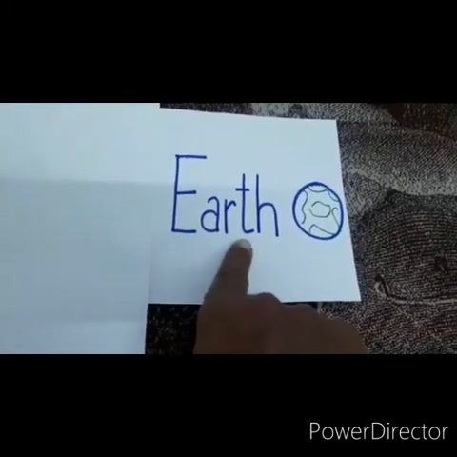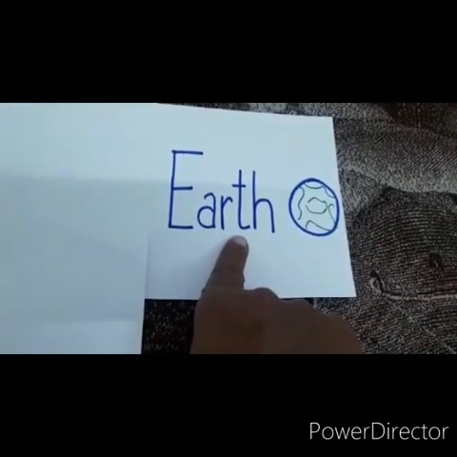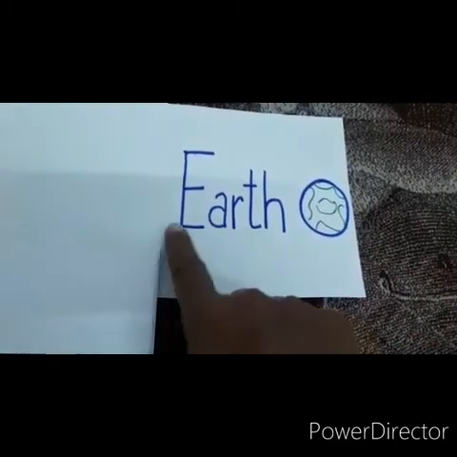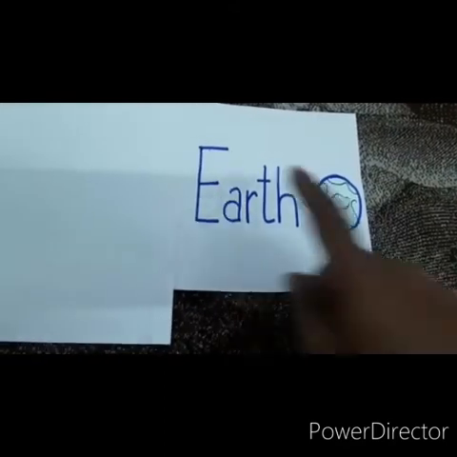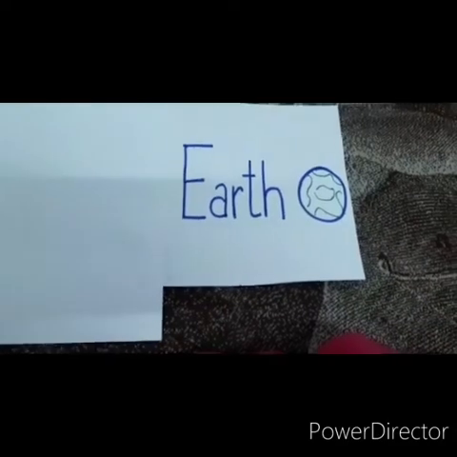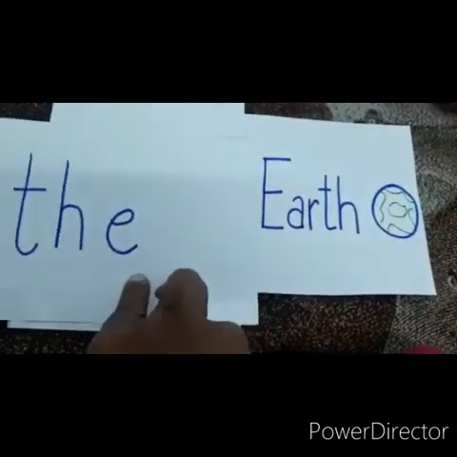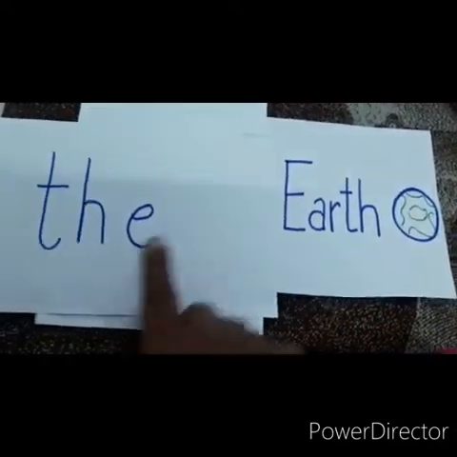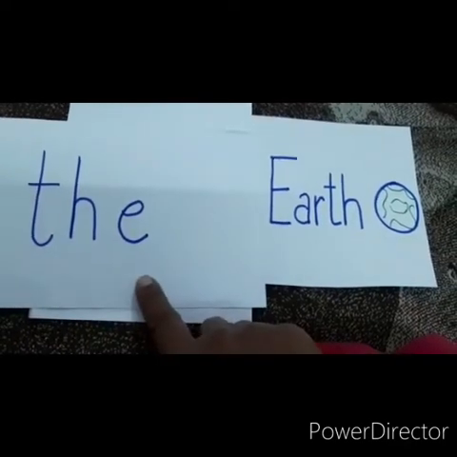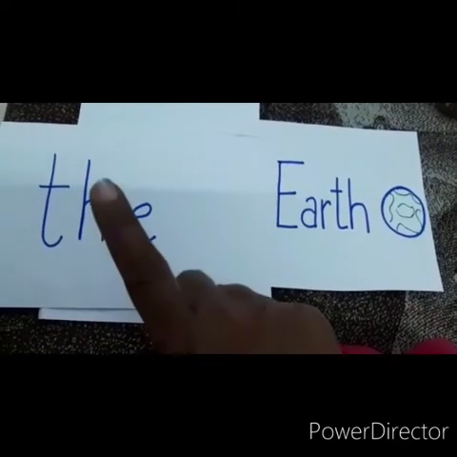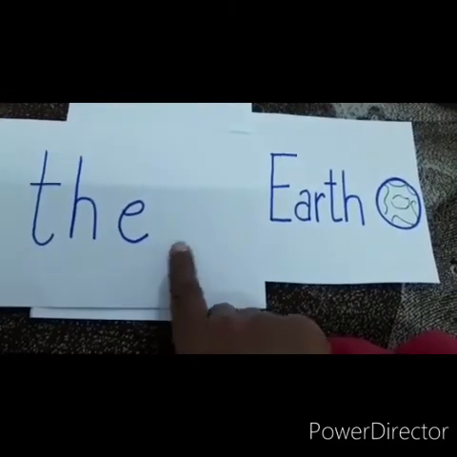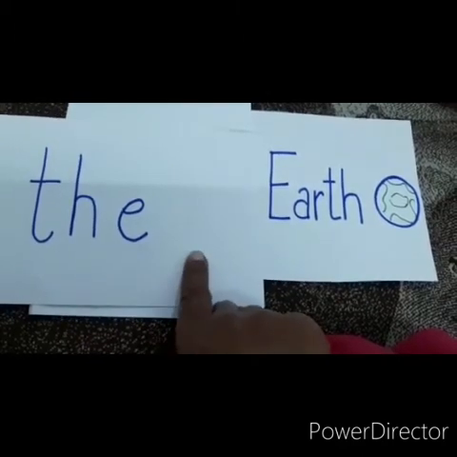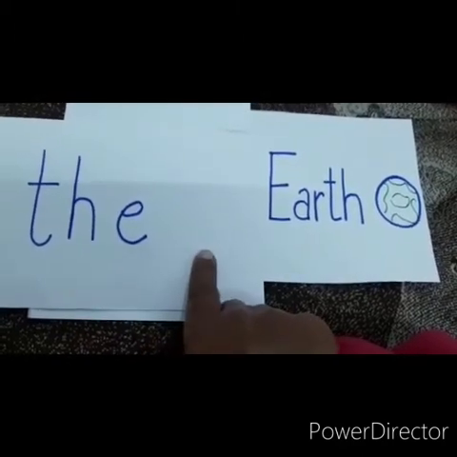So how do we read this? Earth. Earth is our planet and we live on it. So Earth is a particular object or single object, meaning one earth. So here we use the earth. The is used with a particular object or single object. I'll give you more examples of the, like the sun, the moon, the Ganga, the Qutub Minar.